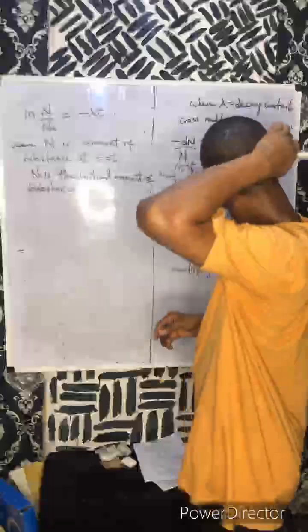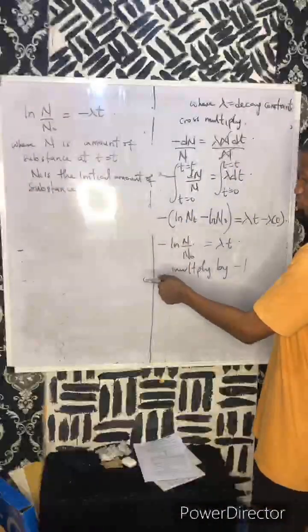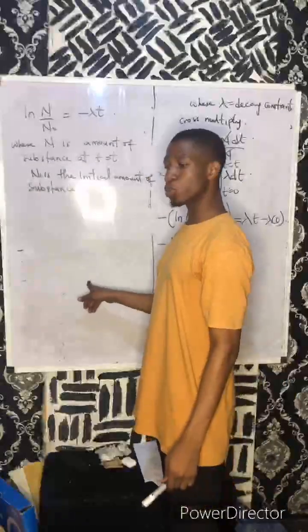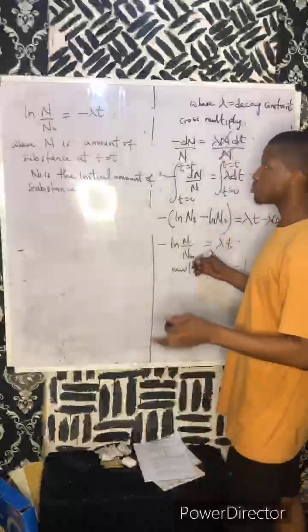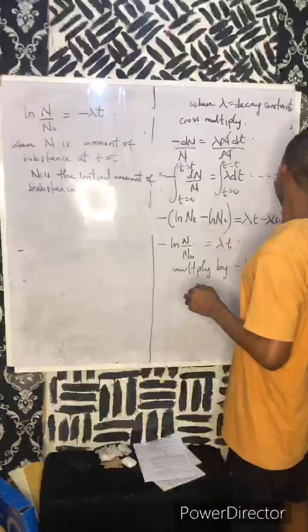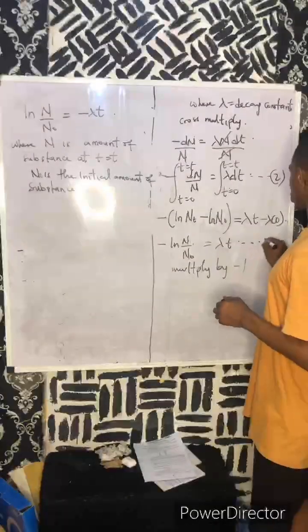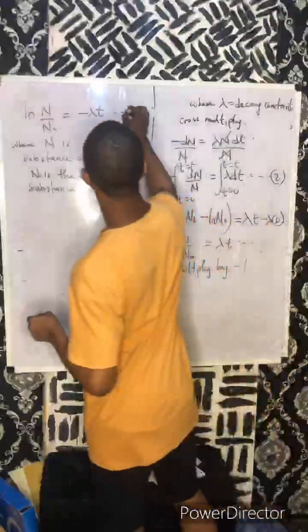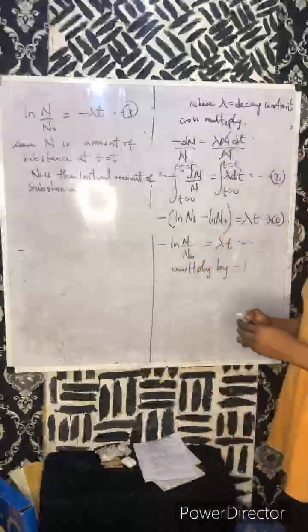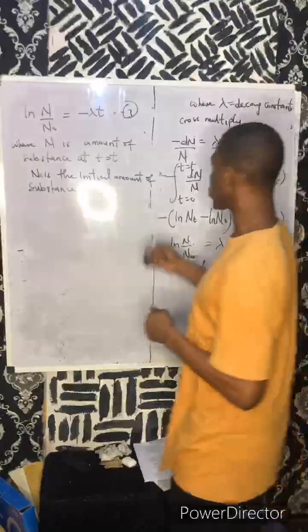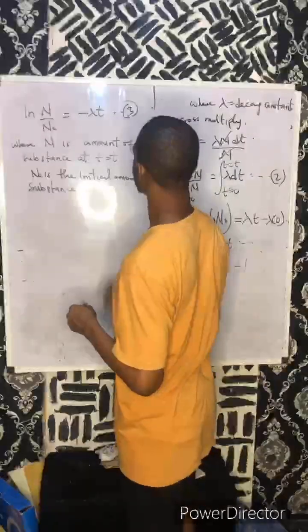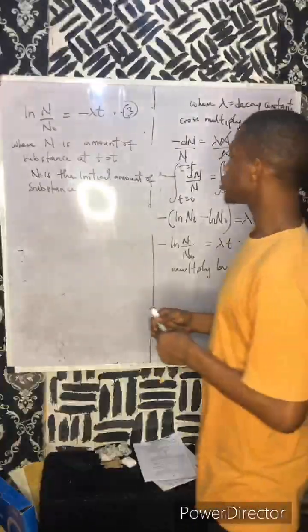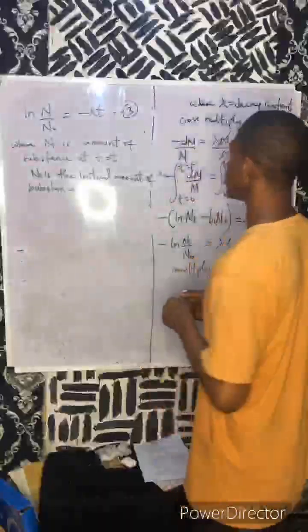I forgot to make mention: the previous equation is your equation 1. The equation down there is equation 1. I'm sorry I didn't make mention of that. This is your equation 2, and then this is your equation 3. Sorry, this is your equation 3. Please, I will show you what your equation 1 is, but this is your equation 3. So moving on.